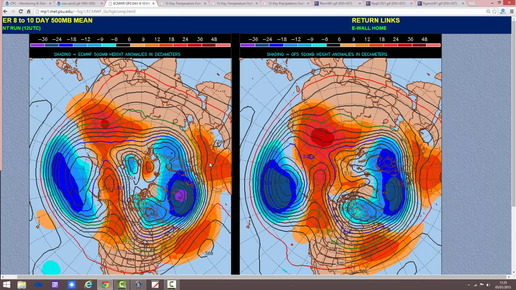Anyway, let's have a look at the 500 millibar height anomaly charts. We've got the ECMWF here on the left, the GFS is over on the right. These are the 500 millibar charts for the next 8 to 10 days, so this takes us up to around the middle of January. Blue is extrapolating to low pressure, orange is extrapolating to high pressure. So we're indicating on both the models that we've got a deep trough of low pressure to the north of the country. We've got a ridge stretched out through the central part of the Atlantic around the Azores just there. And the tight lines on both of these charts are indicating a very strong jet stream running through the Atlantic and going on into Europe.